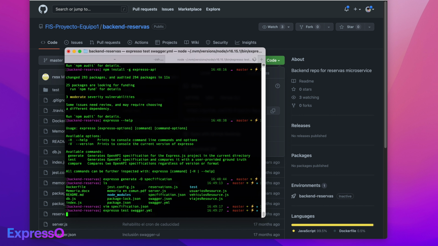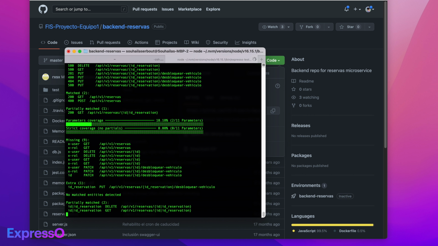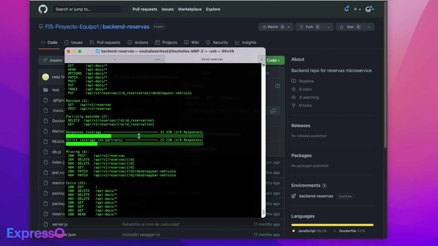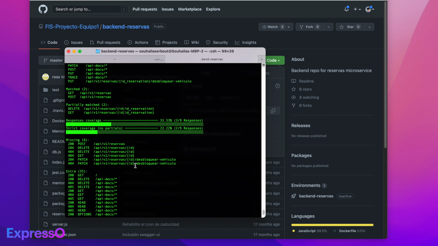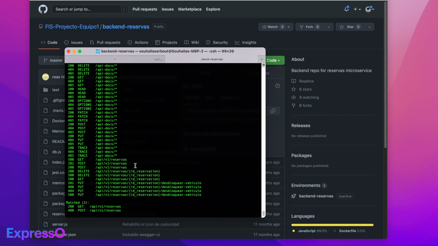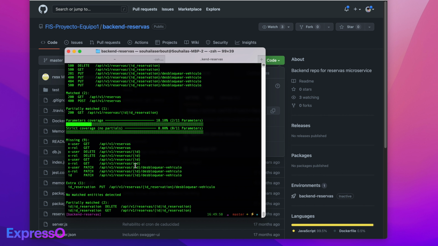The tool generates a report showing in details the differences between the two specifications. This same human-readable report is also generated as a JSON file, which can be used by developers for several purposes. The report shows metrics related to the coverage level that ExpressO could reach in documenting each of the endpoints, the